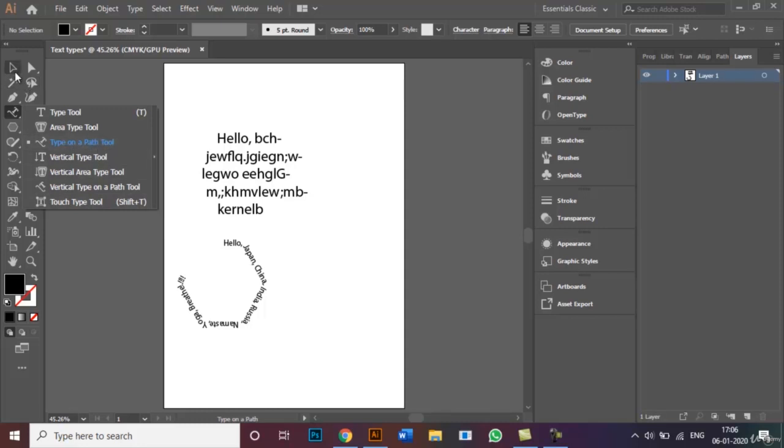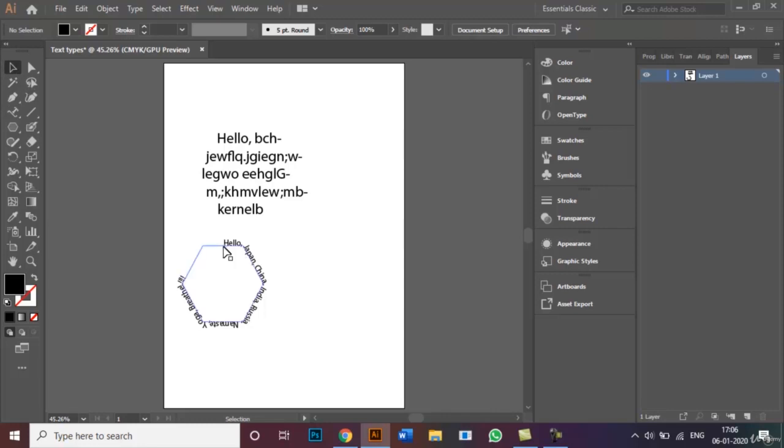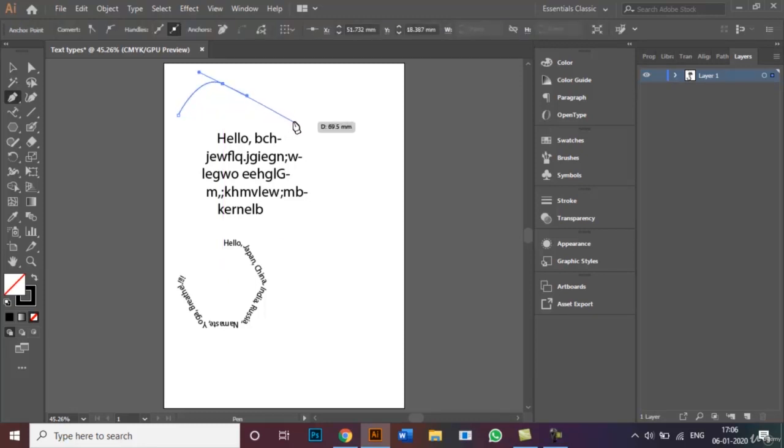Right. So when you want your text to be on a certain path, it doesn't necessarily have to be on a shape like that, right? You can also use the pen tool to make your path. So to do that, you choose your pen tool and just make sure that there is no fill and the stroke remains there, right? It can be any color, doesn't necessarily have to be black. So if I just make any type of shape path like that,